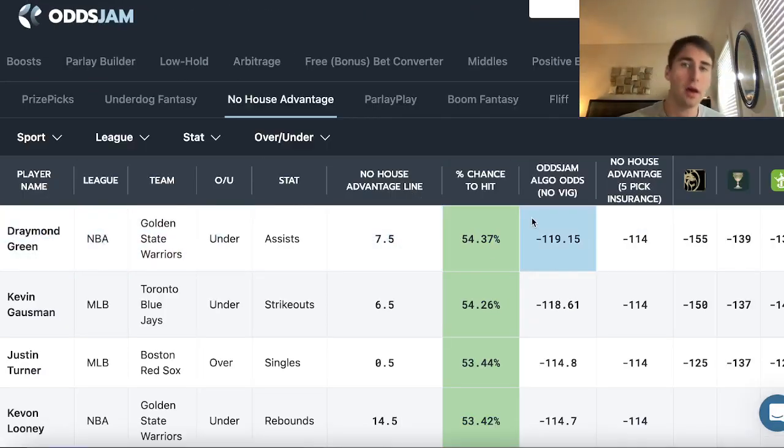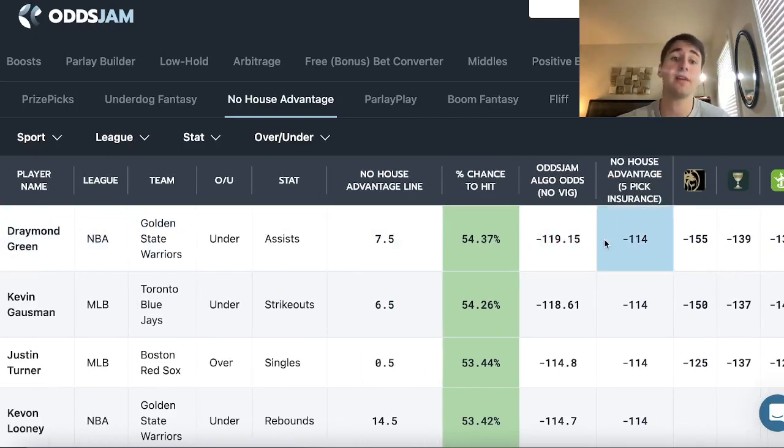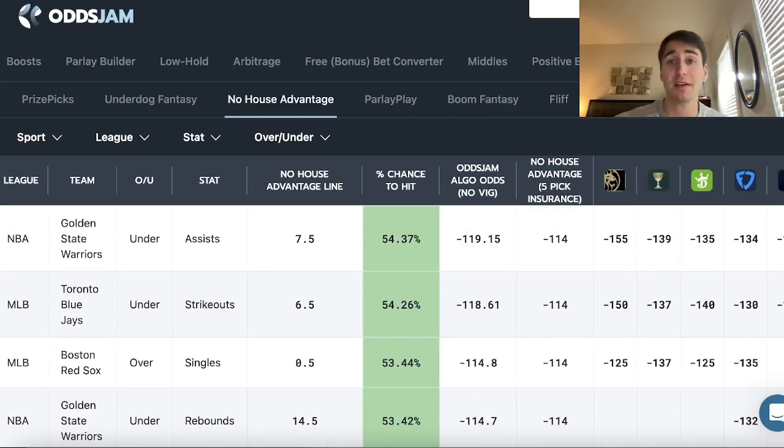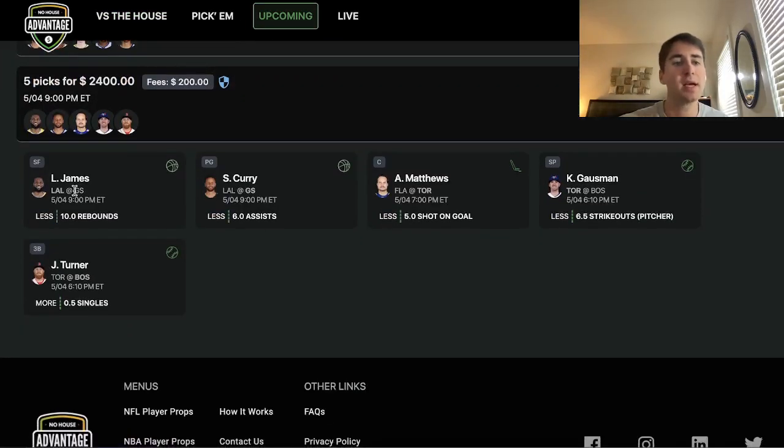So Draymond, under 7.5 assists. And again, there's no BS here. Everything is just based on where sportsbooks are setting the lines. And here you can see for Draymond, all the books have his under heavily favored. So long story short, let's go to my entry, 6 picks. I have LeBron under 10 rebounds, the first play we went through on the screen. I have Curry under 6 assists, Austin Matthews under 5 shots on goal, Kevin Gausman under 6.5 strikeouts,